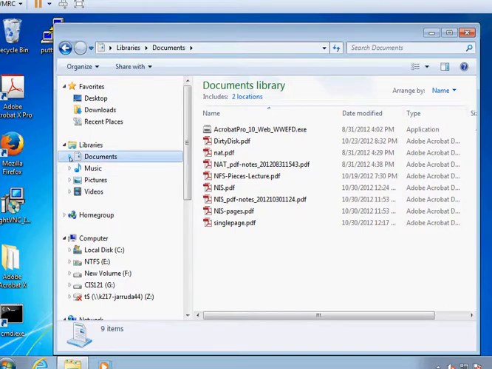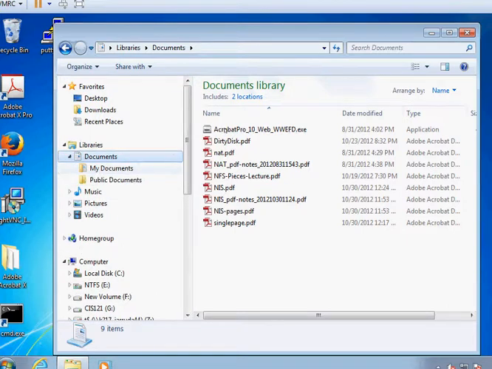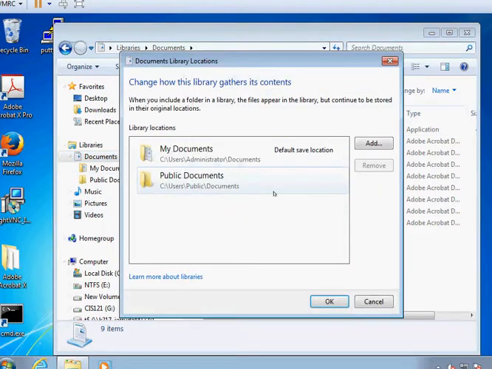If I click on 2 locations, I can see the absolute path to both. The second location is called public documents. Public documents is a folder in the C:\users directory that is used